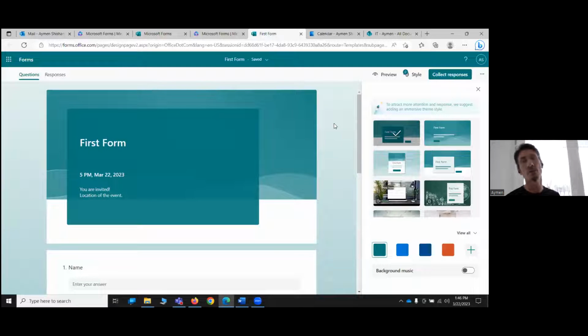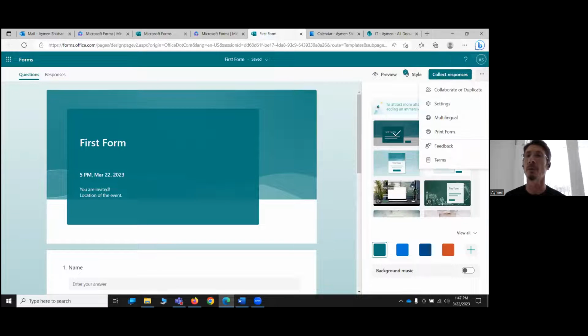Before I send this form out, I need to decide on the audience to whom I'm sending this form. So let's see what settings are available for me in this form. On the top here, you see the preview, the style, collect responses. We'll go through all that, and I'm going to the settings here. So if I click on that and go into my settings,